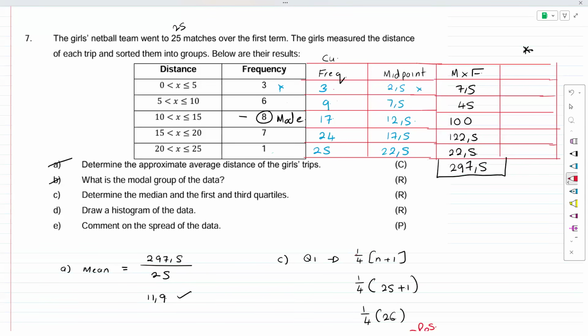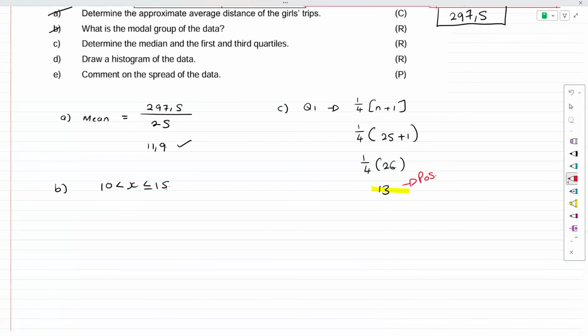Cumulative frequency. 13 doesn't fall into 3. Nope. Doesn't fall into 9. Nope. But it does fall into the 17 column. So remember, cumulative frequency, the first one is 0 to 3, next one's 0 to 9, doesn't fall there, next one's 0 to 17. So 13 can fall into the 0 to 17. So this would be,